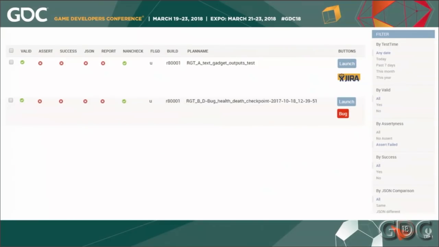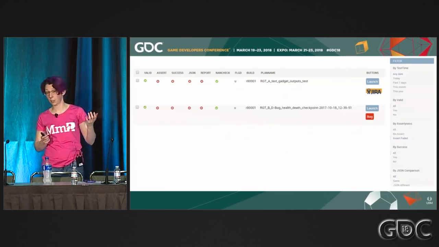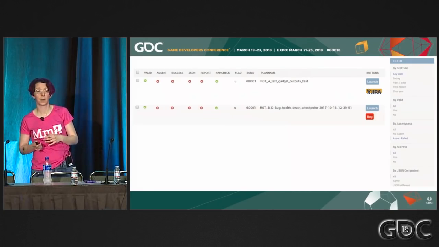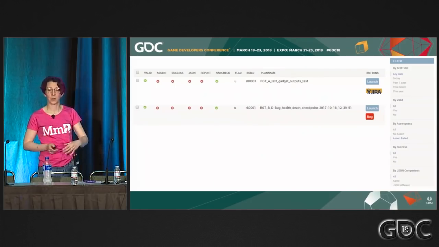And that, as with the email, it goes off to Jira, looks to see if there exists a bug. If there does, and the bug is assigned out to a programmer, so it's in the right state, it's going to get fixed hopefully soon, QA don't need to do anything about it, then that Jira button is blue. If the Jira button is orange, like in this one, that means that the bug is not in the right state. So either someone's marked it as fixed and it's not fixed, or it hasn't been assigned out to a programmer. So QA need to click on that button, go to Jira, and make sure that the bug ends up in the right state so that it can then be fixed.